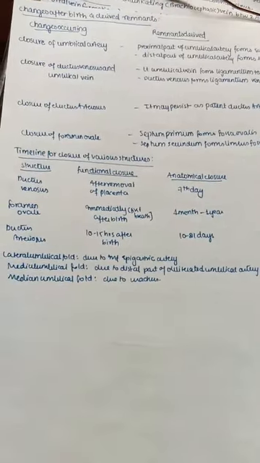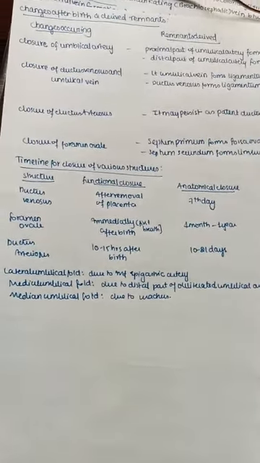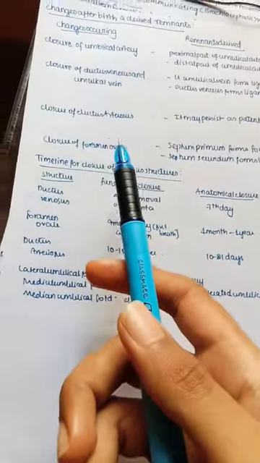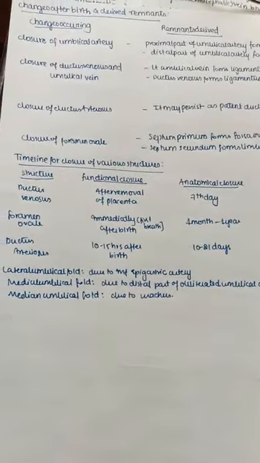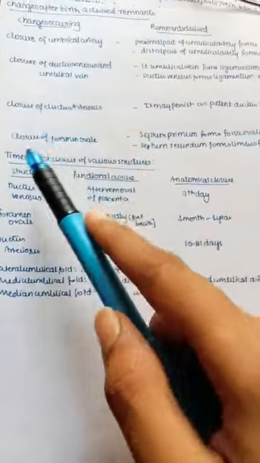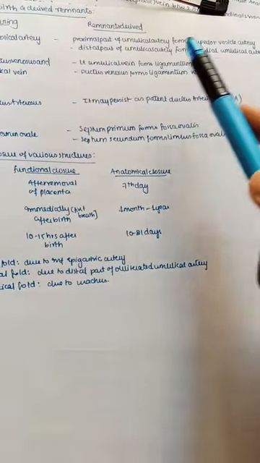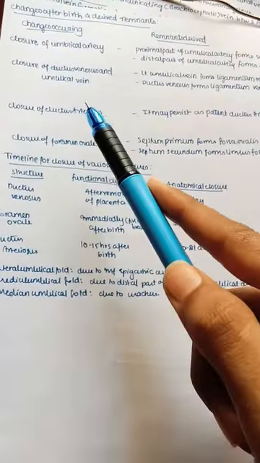So our last part is changes at birth and derived remnants. We know there is closure of umbilical artery, closure of ductus venosus, umbilical vein, and closure of ductus arteriosus, so all the shunting system is closed. So what are those remnants? Let us see. Closure of umbilical artery: the proximal part forms the superior vesical artery, the distal part forms the medial umbilical ligament. And then the closure of ductus venosus and umbilical vein.